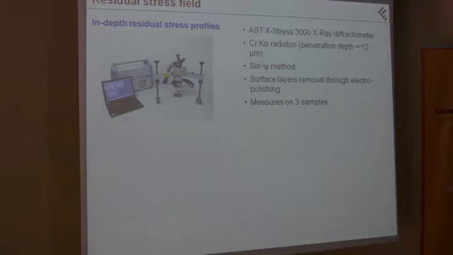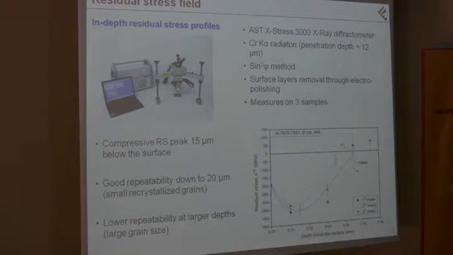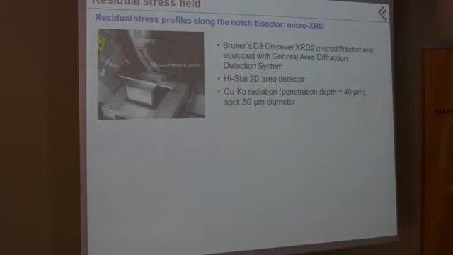So we performed three types of residual stress measurements. The first one is a conventional X-ray analysis. This analysis can be performed away from the notch, and we can determine the residual stress profile from the surface to below the surface. The compressive peak in this case is around 50 microns below the surface, and the compressive layer is nearly 50 microns. The other measurements were taken in the region of the notch, and for this reason we used two different techniques: